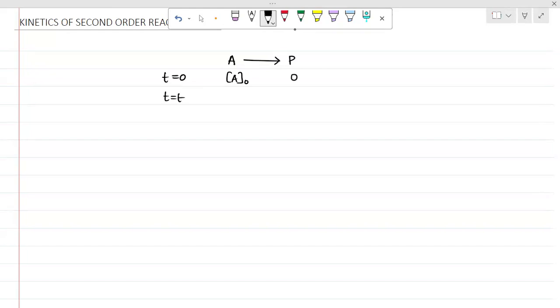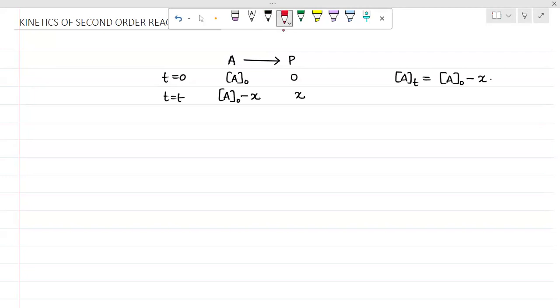And at some time t, x amount will have reacted and that x amount will appear as product. Correct? So the concentration of A at any time t is the initial concentration minus x. This concept should be clear to you by now. Now, since this is second order kinetics,